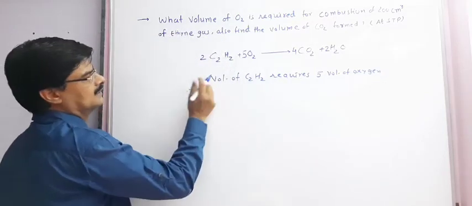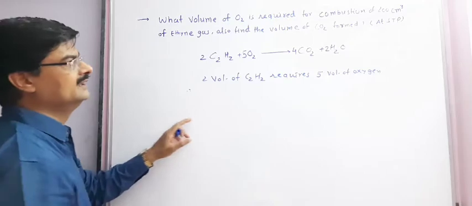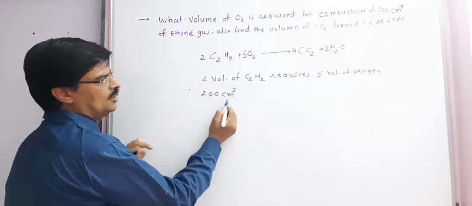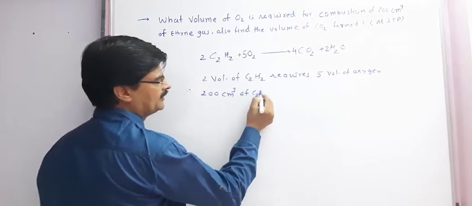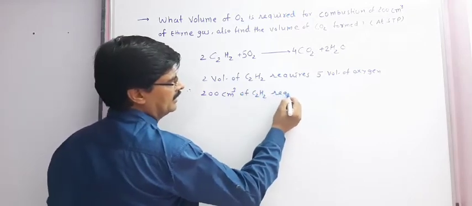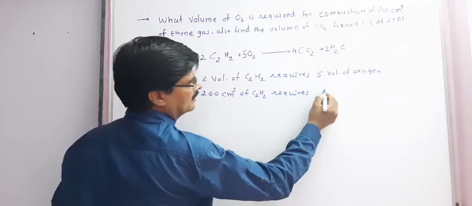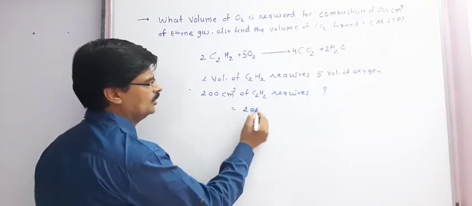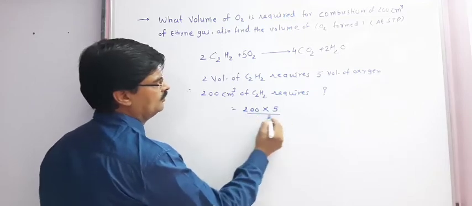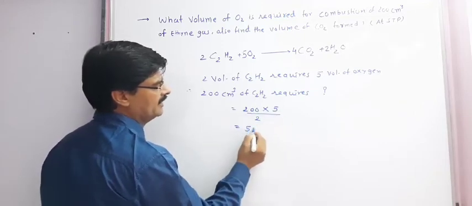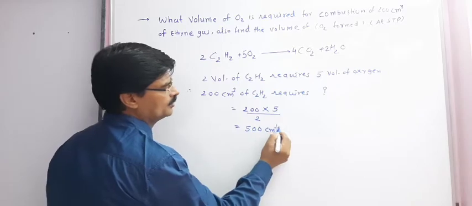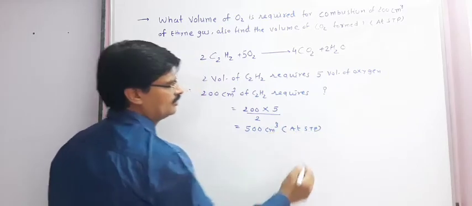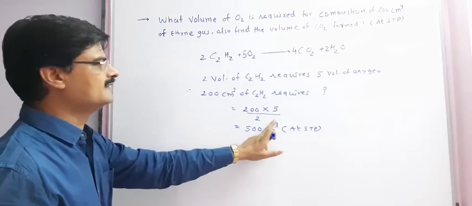Therefore, we can say 200 cm cube of C2H2 requires what volume of oxygen? So we will get 200 into 5 divided by 2, we will get 500 cm cube at STP. So we can say 500 cm cube